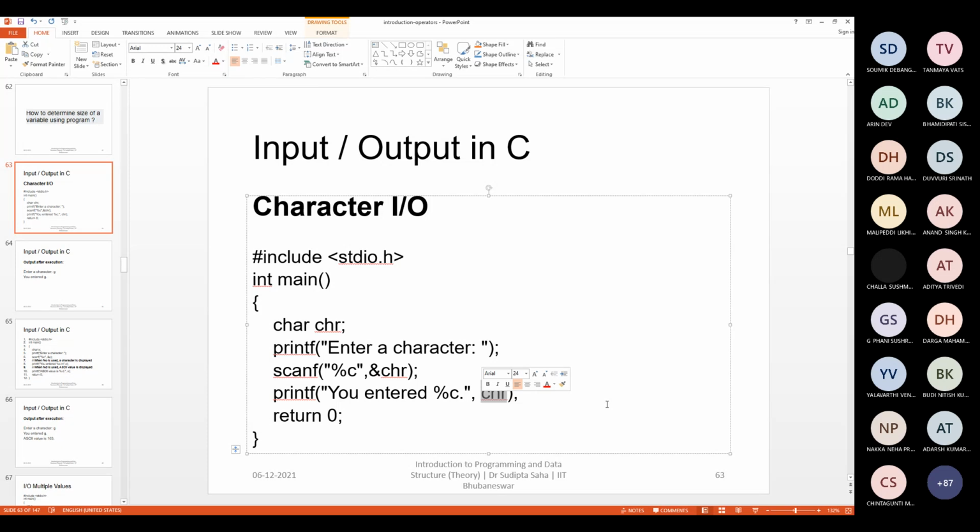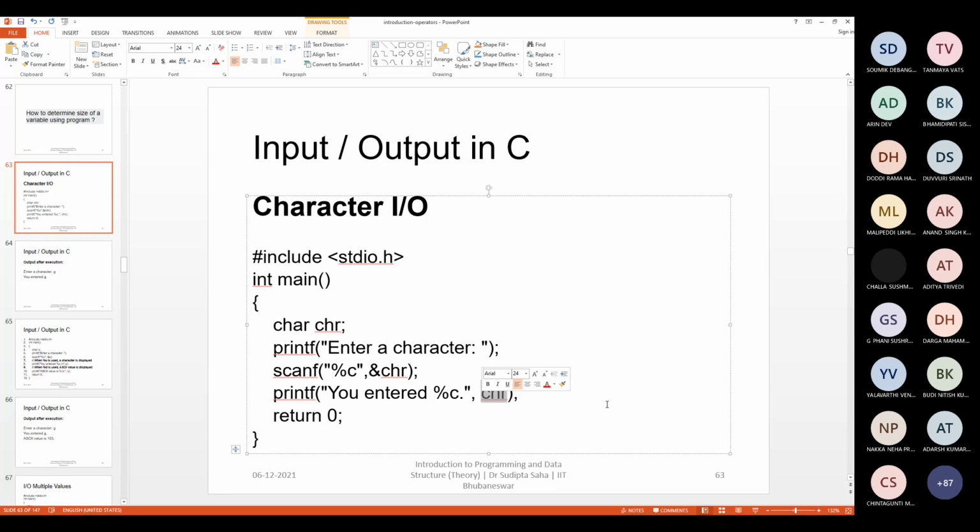So what will come out? Just apply a little bit of common sense, you'll get it. It's a reverse process. We take something using %d and then we try to print using %c. What should come out? We already discussed this.